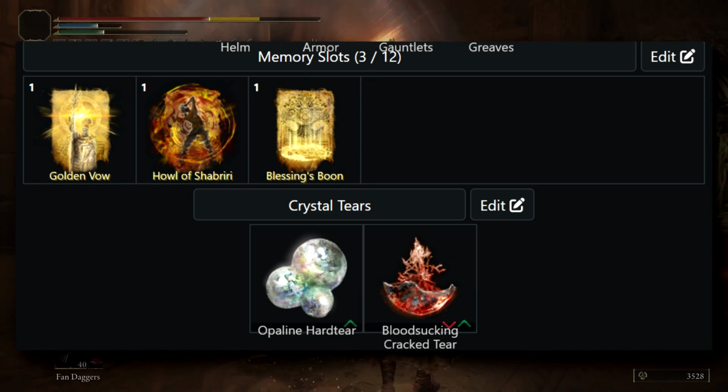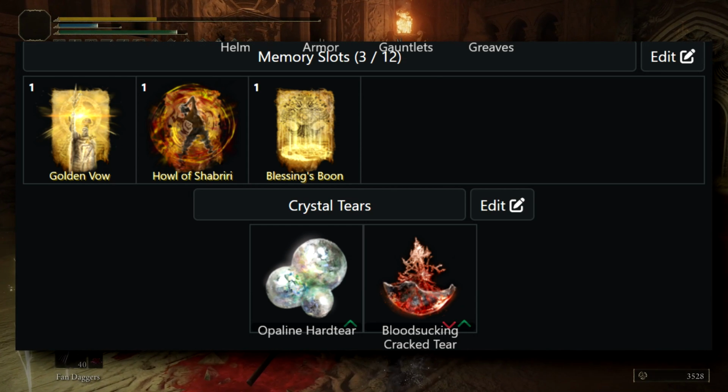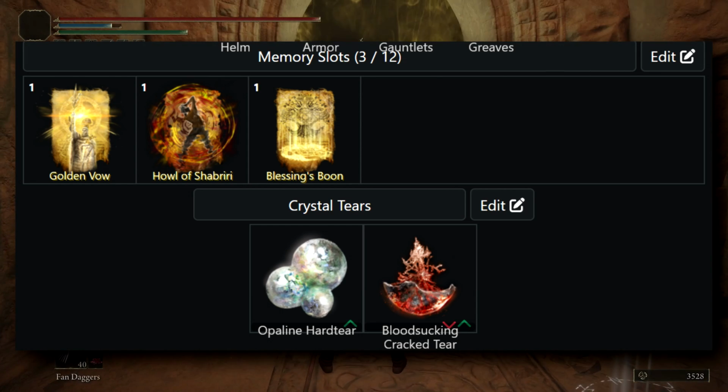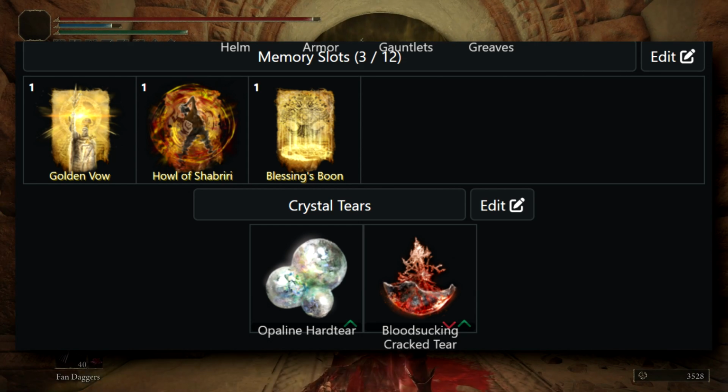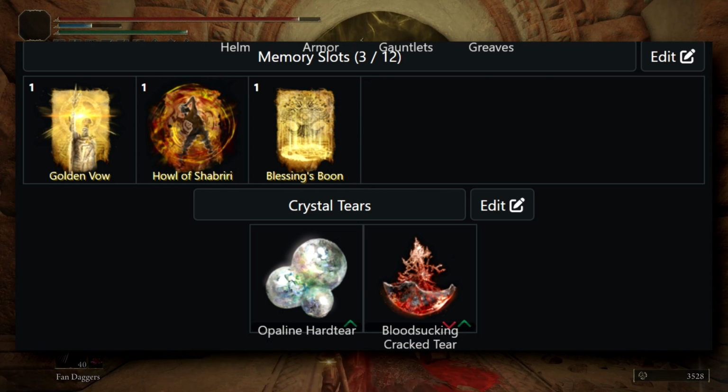And then our final spell is Blessing's Boon. Blessing's Boon is a health regen spell. It gives you 8 health per second for 90 seconds. So not only is it just good in general to have health regen, because it makes it a little bit easier to stay alive during boss fights, but it also helps to negate the effect of the blood-sucking crack tier